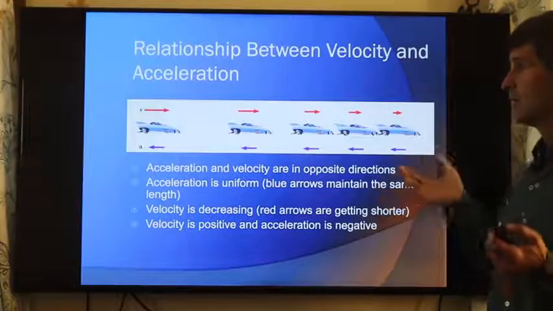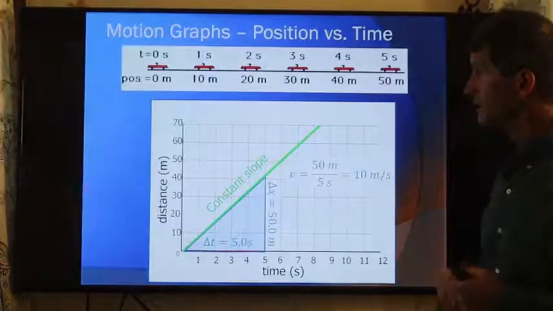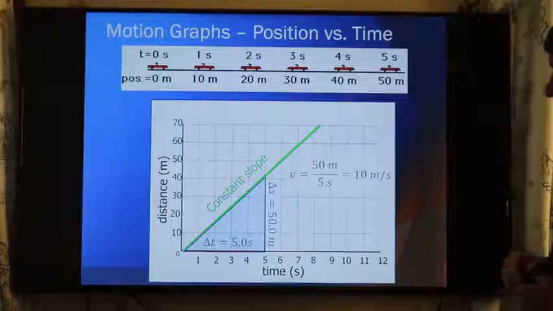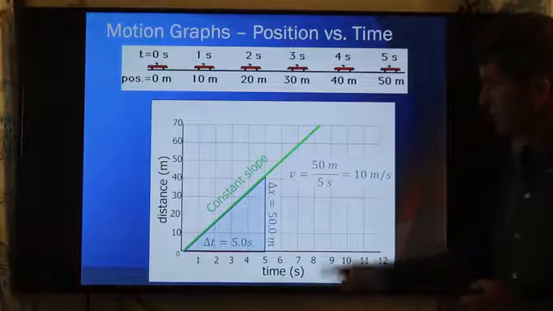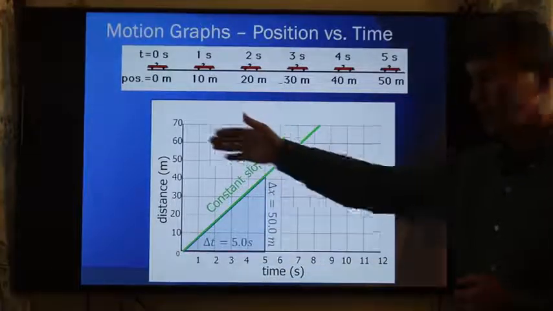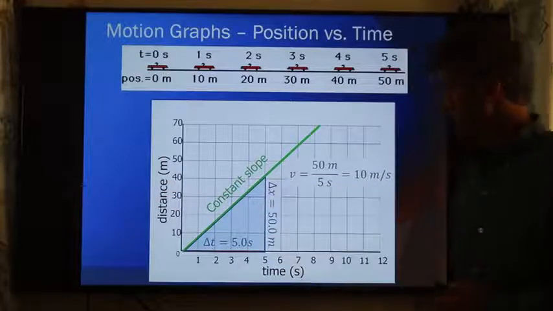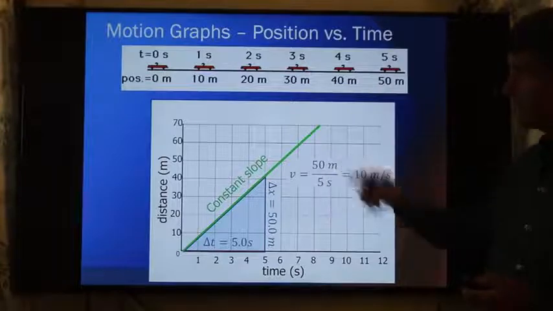Again, acceleration represents the change. What is the change that's taking place? Again, if we have constant motion and we graph distance as a function of time, that constant slope, notice it's distance, not velocity, distance versus time, gives me this graph. However, if I graph velocity as a function of time,